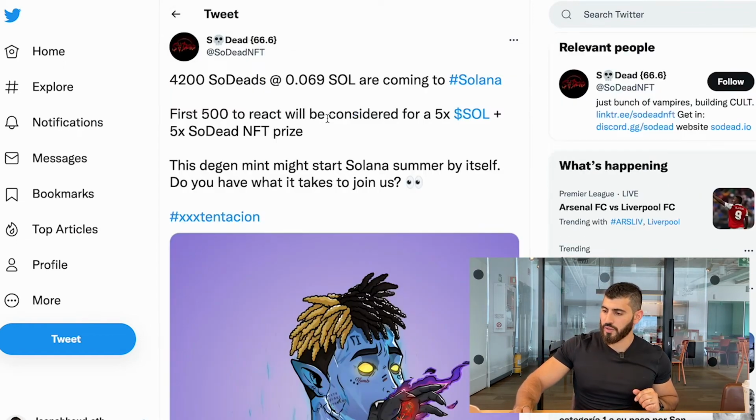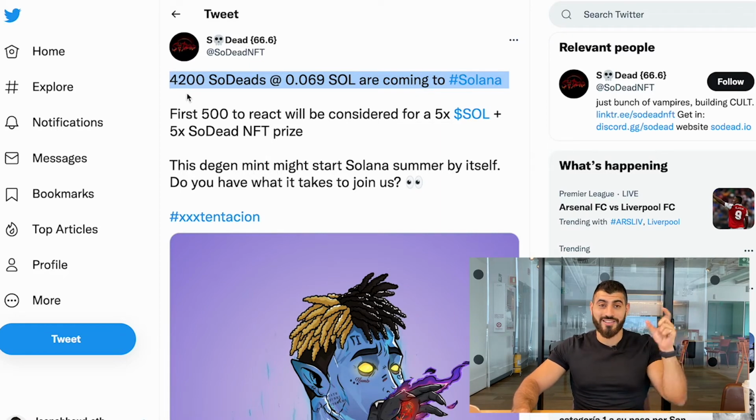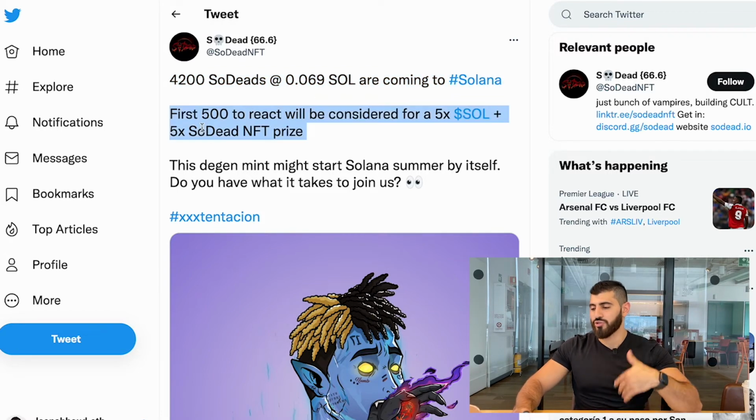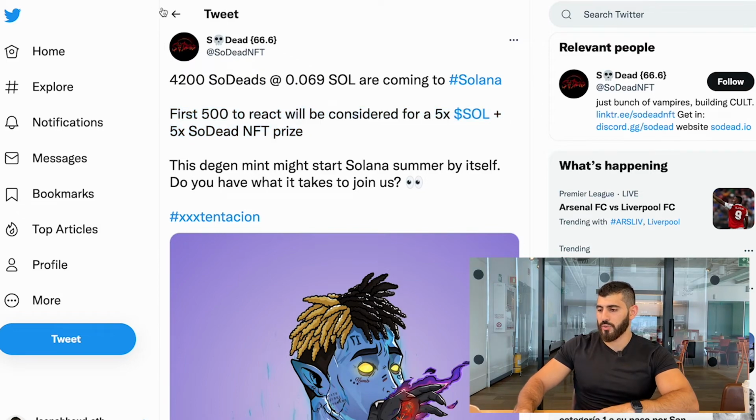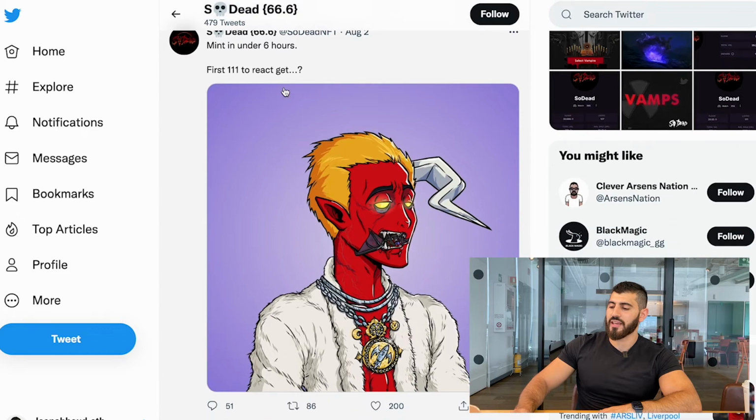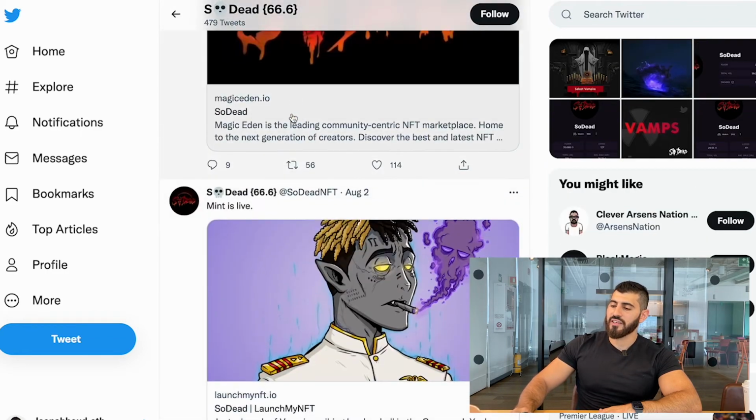Let's go to the second tweet. And there you go, you can see how fast the Degen Mints move. Literally on their second tweet, they've announced the supply size as well as the mint price. And so 4,200 SoDeads at 0.069 Solana are coming to Solana. First 500 to interact will be considered for OG whitelist. And really over the next couple of days, they've continued really trying to get that engagement. And finally, boom,